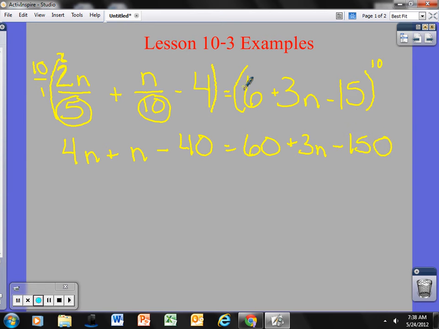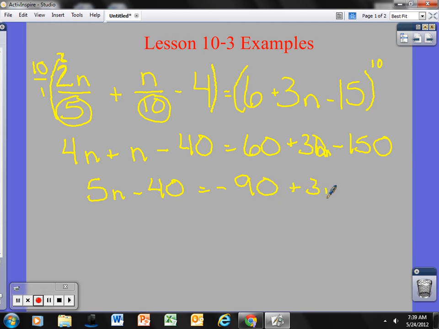Again, 6 times 10 is 60 plus 3 times 10 is 30n. That's a little sloppy there. Minus 15 times 10 is 150. Now I can combine like terms. I have 5n's over here minus 40 is equal to, okay, 60 minus 150 gives me negative 90